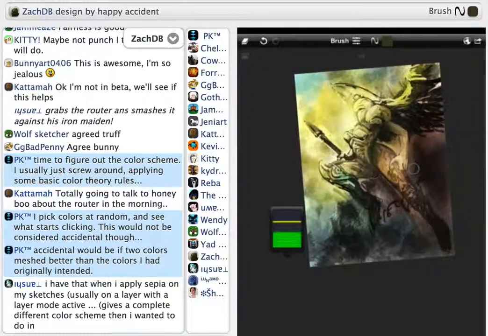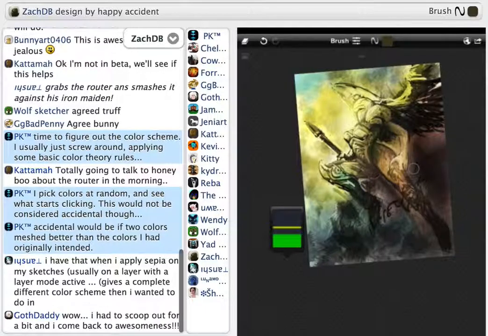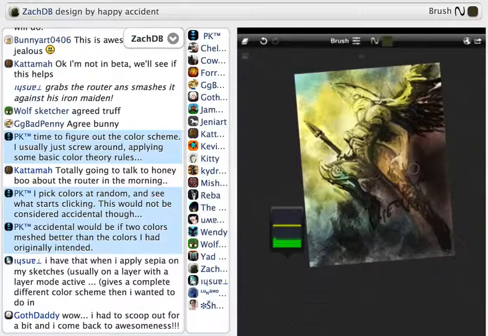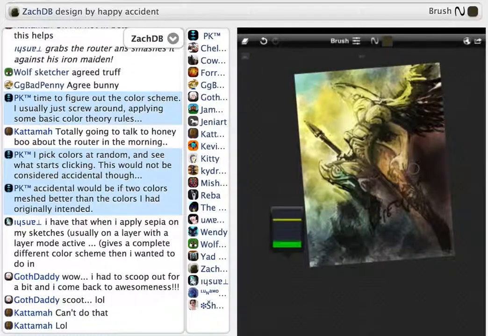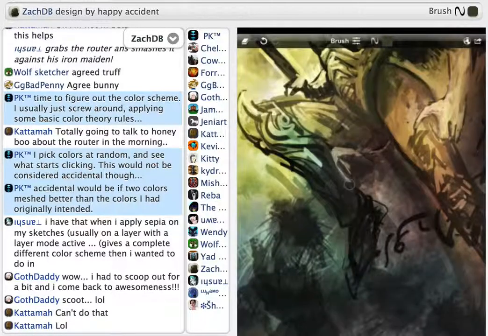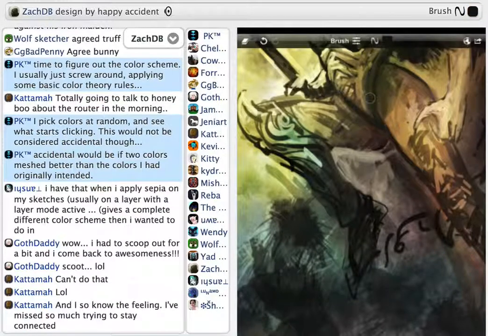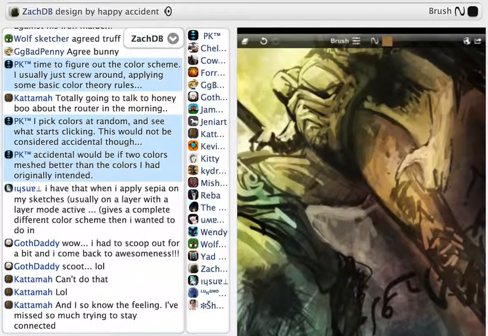An example of the color accidents that I meant is I'm getting this really weird sort of tint of green that I'm totally digging in the shadows right underneath her chest and her back and whatnot that leads into her armor. And I'm really liking that green, and though that wasn't a color that I intended to even have, it was produced by the screwing around of me.